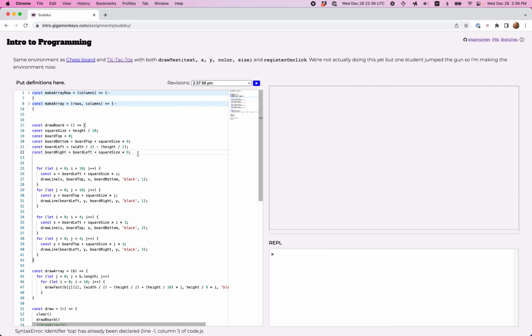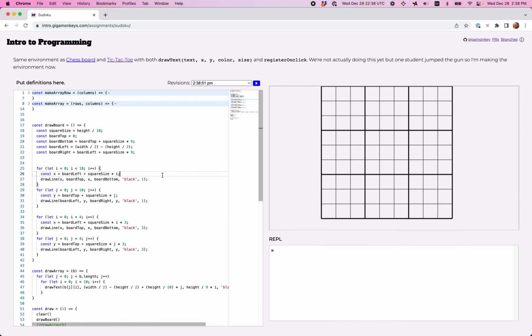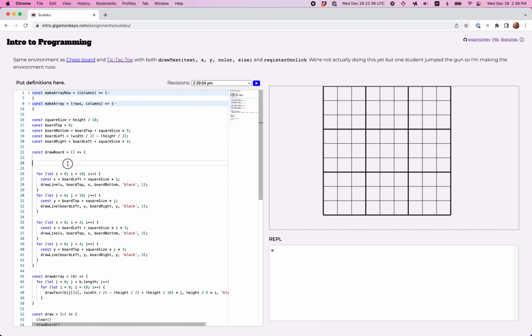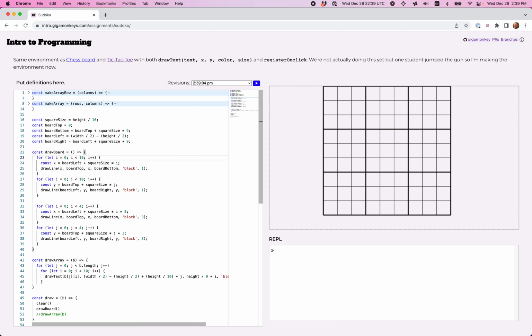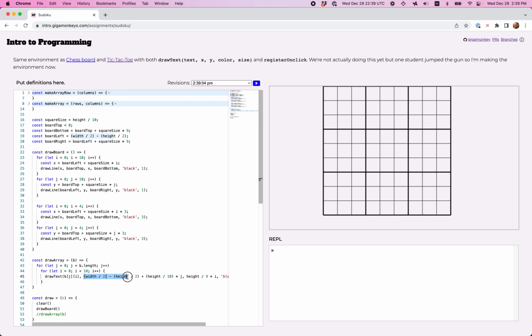And now everything should work the same, just the variables are defined outside of drawBoard, which means we can use them in drawArray. So now this expression here is actually our board left, and this expression is our square size,